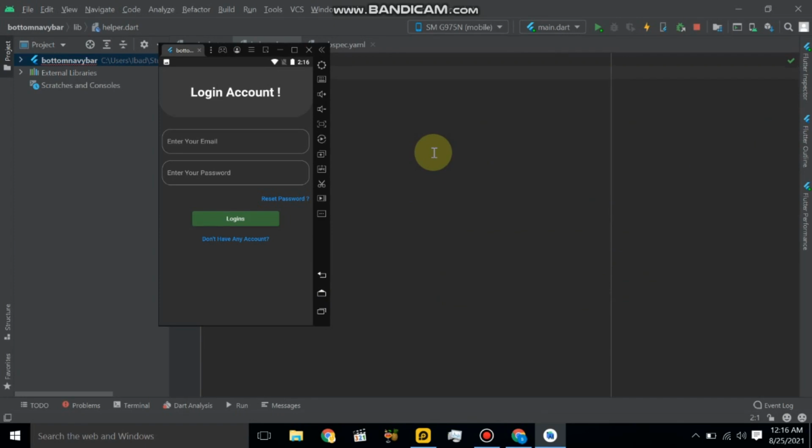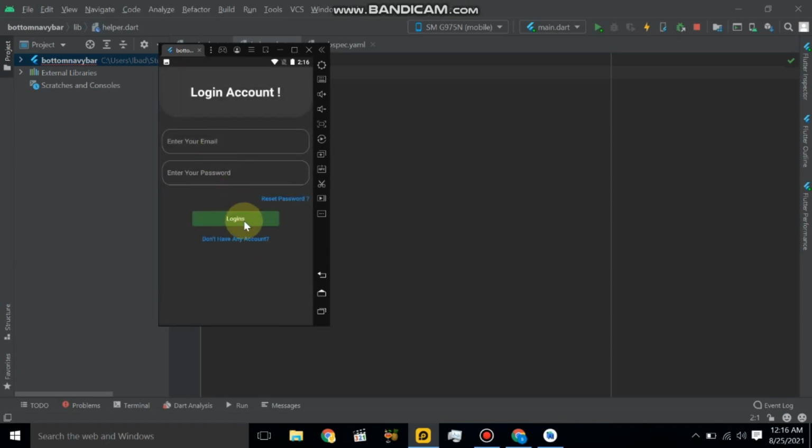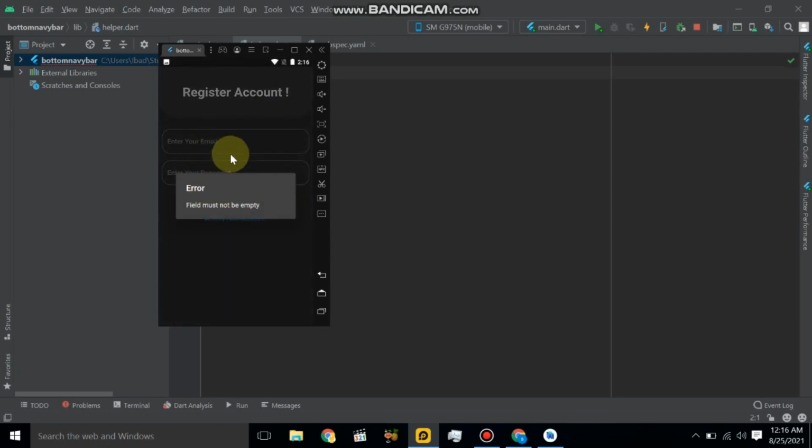Today we will be working with email and password authentication. So let's see the application. If both text fields are empty, it will show me the dialog: Error, field must not be empty. And let's go to the register account. Also, if the fields are empty, it will show the dialog and